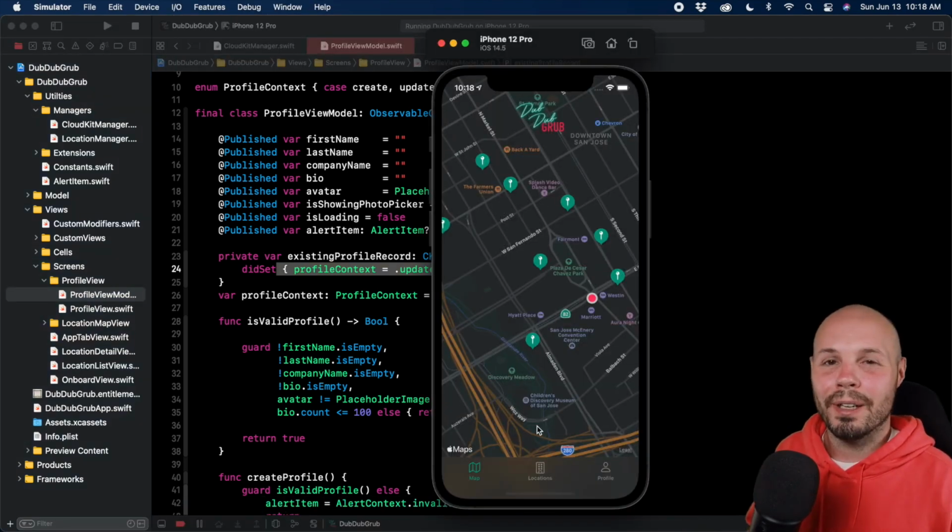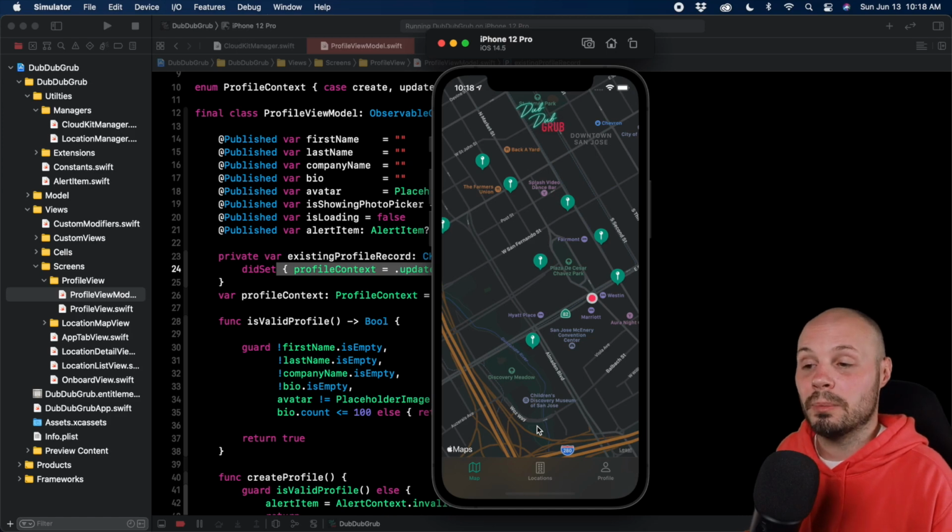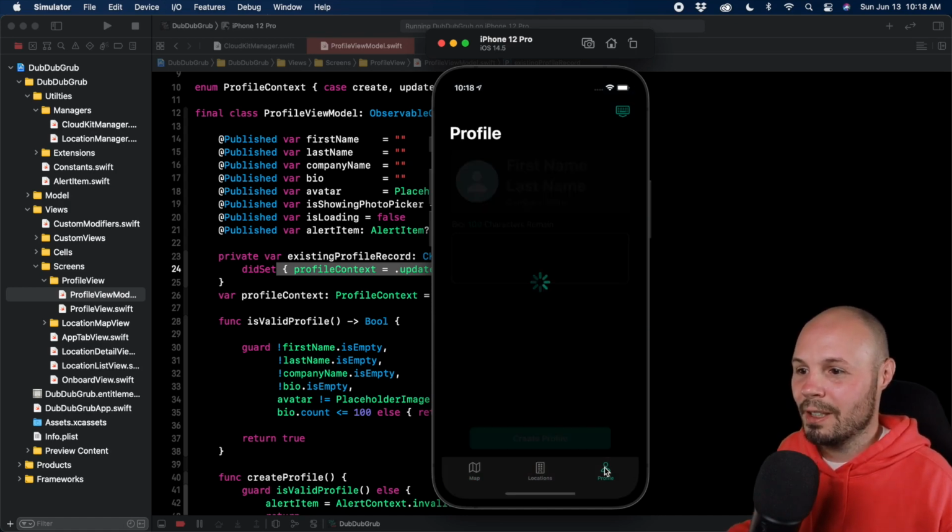When I hit profile, I should see the loading spinner and we should see the existing profile loaded. And then that should trigger our profile context update. So we should see the button say update profile and not create profile. And then I'll do a little update and we'll check CloudKit. All right, first time's a charm, right? Profile, spinner,